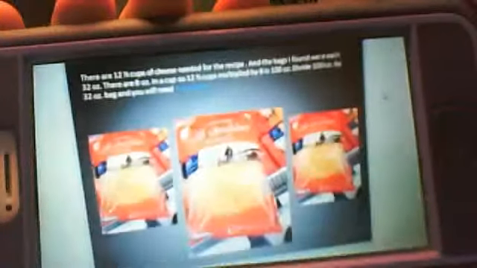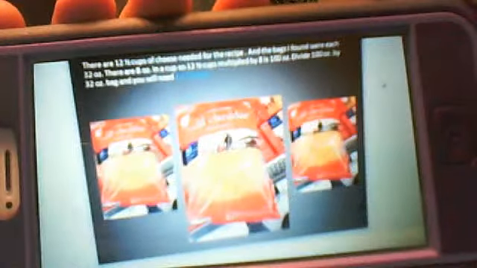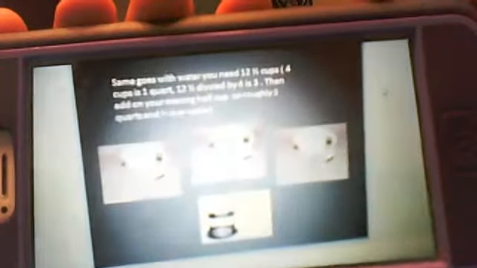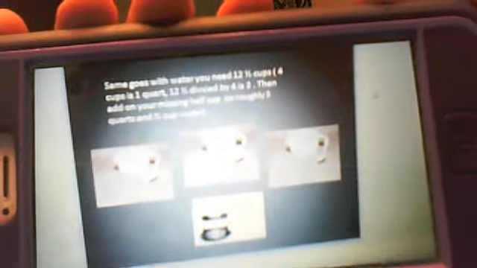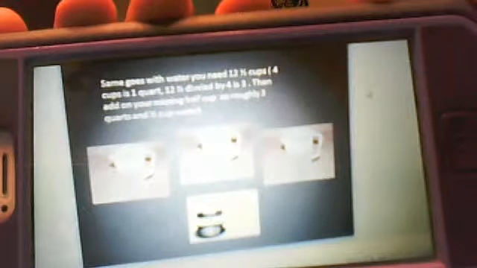And there's my biscuits. There's 6 boxes. And there's my cheddar cheese. I needed 3 bags. And my butter. There's 3 boxes with 4 sticks and my little half a stick. And there's water, which I did 3 quarts and 1/2 cup.